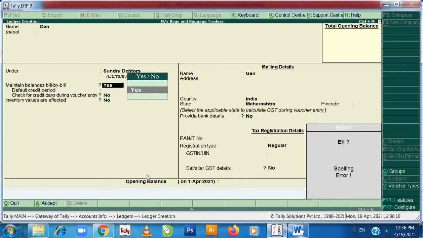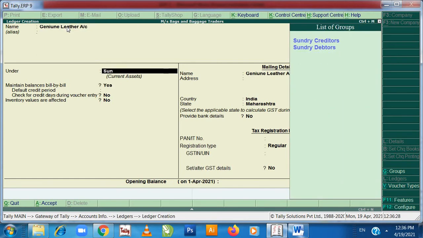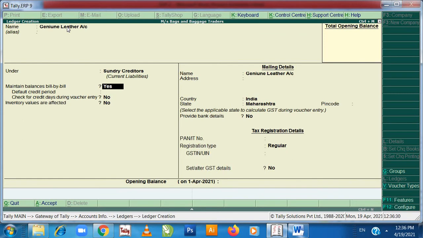So genuine leather account under sundry creditors. Enter.